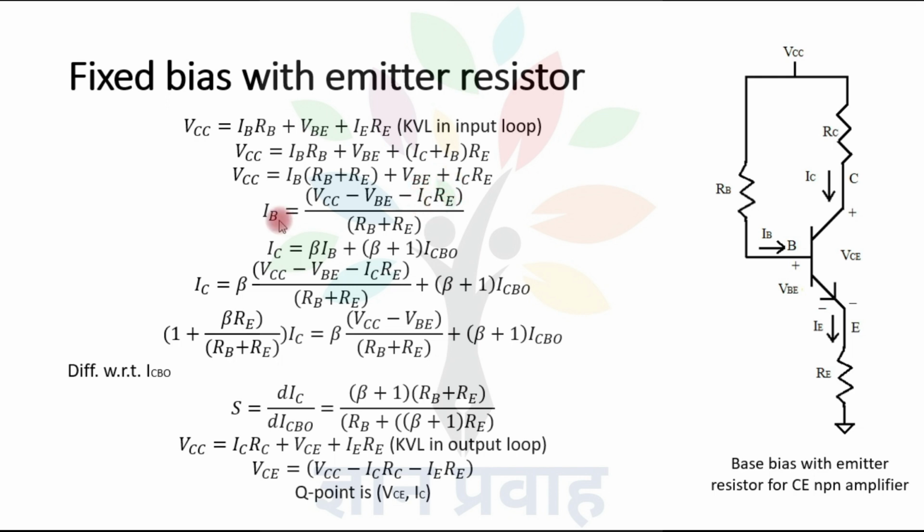It means it decreases the value of IB. When the IB value decreases, it decreases the value of IC. It means this biasing circuit provides negative feedback due to the application of the RE resistance. That is the advantage of this configuration. So here we are maintaining the value of IC and trying to free this IC value from any type of variation by applying this negative feedback circuit.